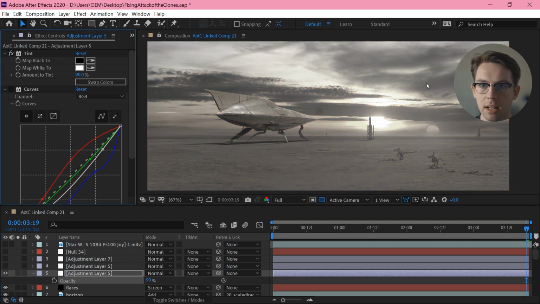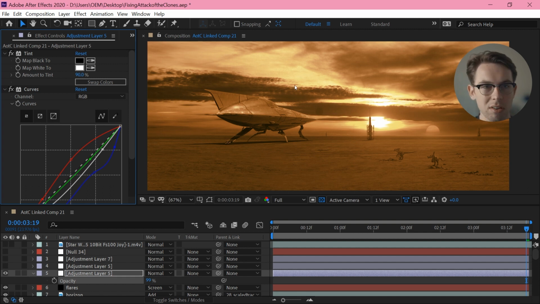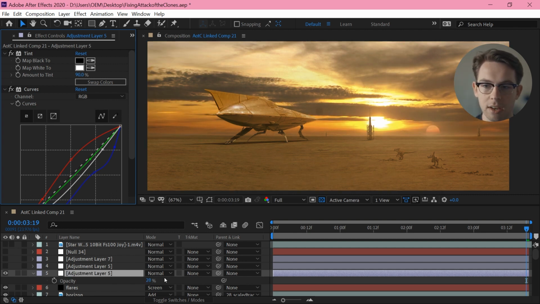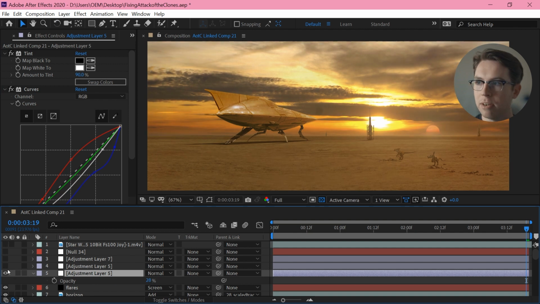There's a little bit of color difference, but it's basically black and white. And then do a curves adjustment to make these dark and light areas look about right where they should be, if I was doing a monotone orange look. And then I've dialed the opacity of that back to 28%. So it's just adding just a little bit of a sort of orange overlay.